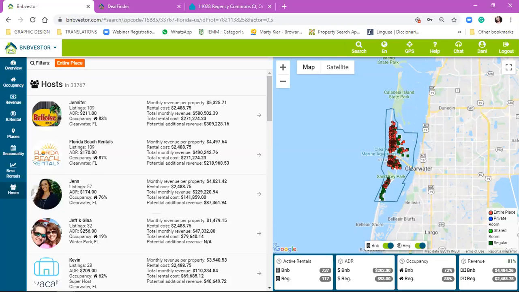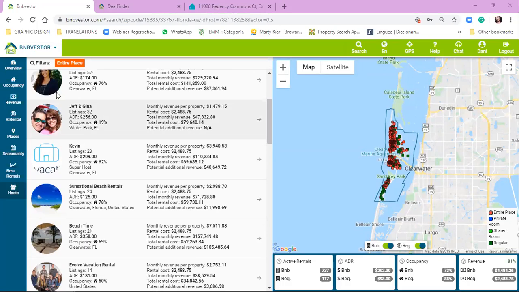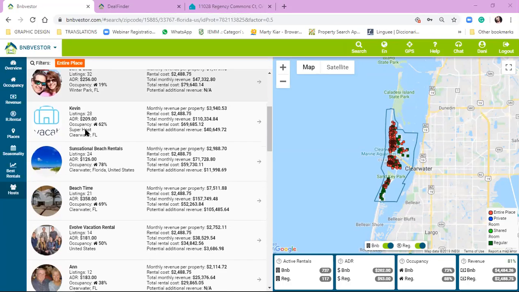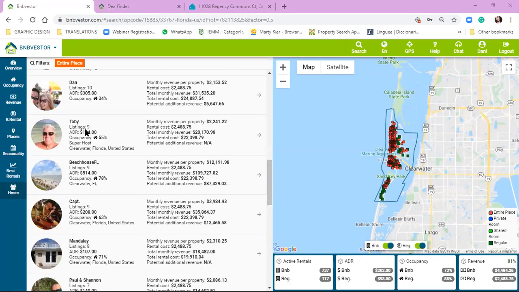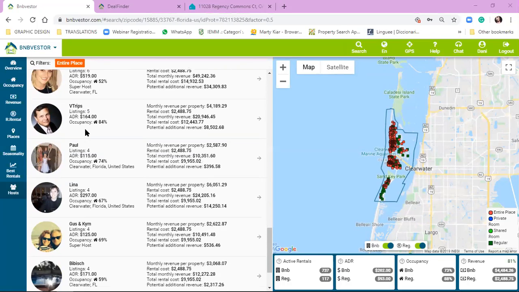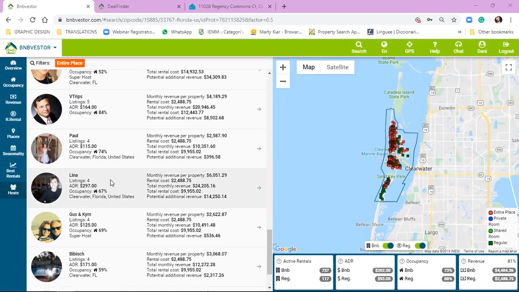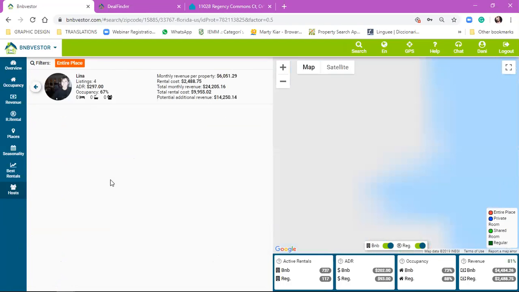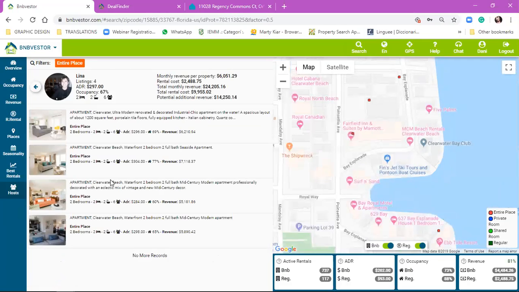In the host area, we can see, for example, let's not go with the hosts that have a lot of listings. Let's start with, let's take a look at, okay, look at this one. We have Lena. She has 4 listings. In addition, an average daily rate of 297. Of course, it's a high